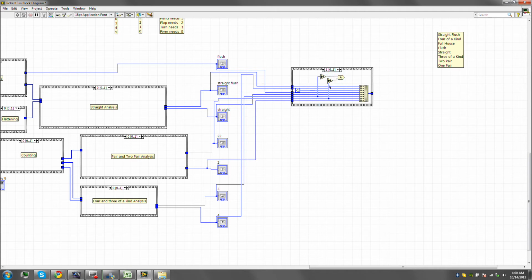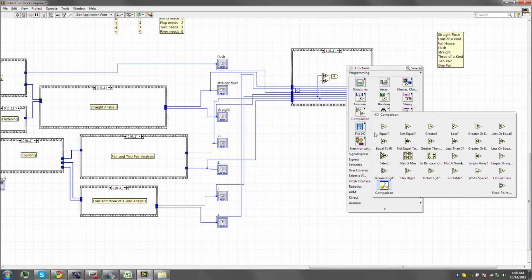So if these two, and these two here are our 3 of a kind and our 2 of a kind, if both of them are not 0, then